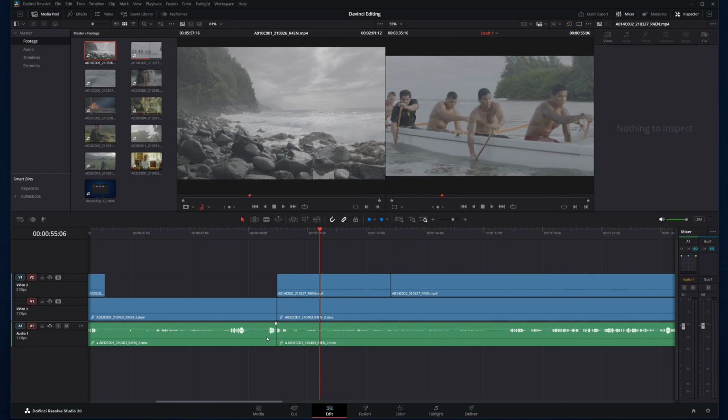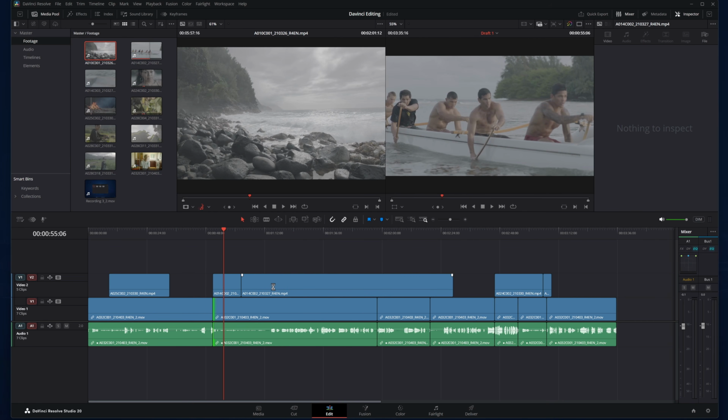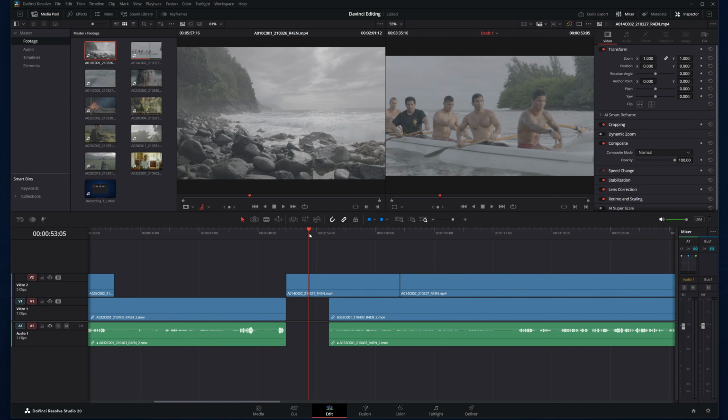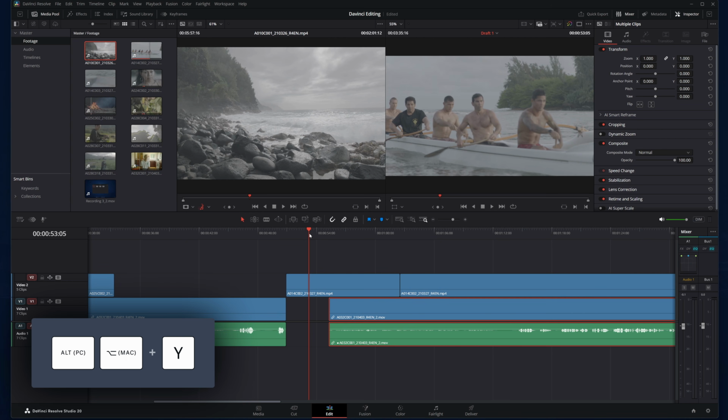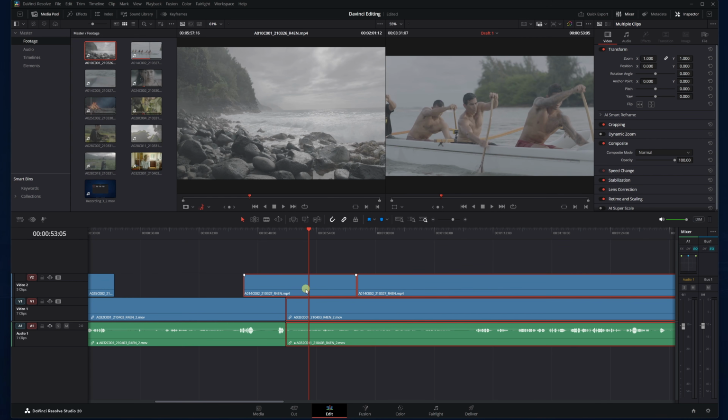So the way I edit is honestly, typically just to use my mouse. If I have a lot of edits, I may just move my B-roll out of the way, make those edits, and bring it back. But if you use your mouse, pressing Y selects your current track, and pressing Alt or Option Y selects all the tracks forward of your playhead. And that lets you just grab what you have and move it back.